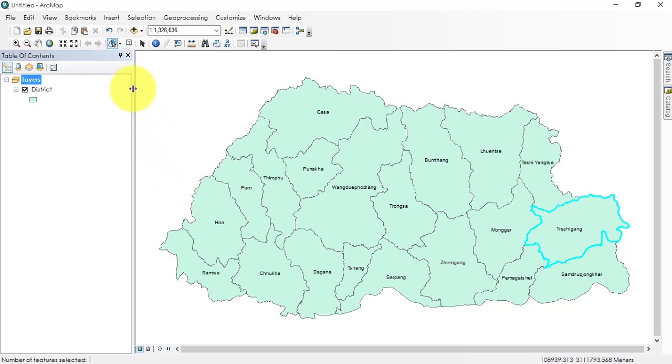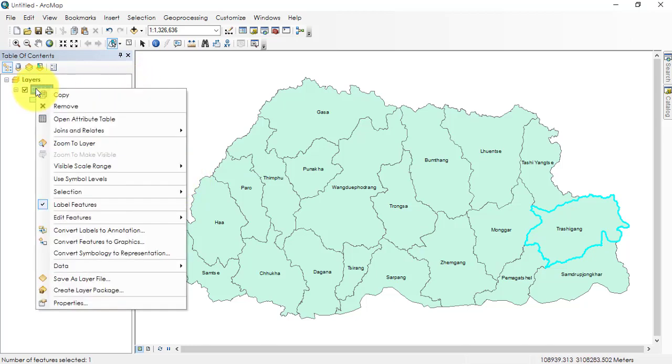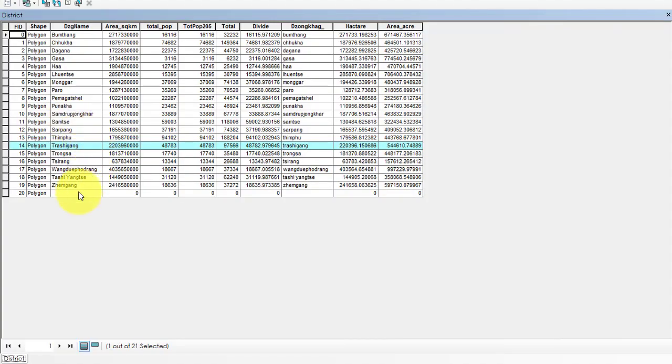To do the selection, you need to go to the attribute table, right click the district, go to open attribute table, and for example, if you want to select Ha, keep your cursor on the left corner side of the field, and just keep it here. Then I'll choose Ha and Trashigang. I can choose more which are spaced. I can choose any. I can also choose just one. So you can see